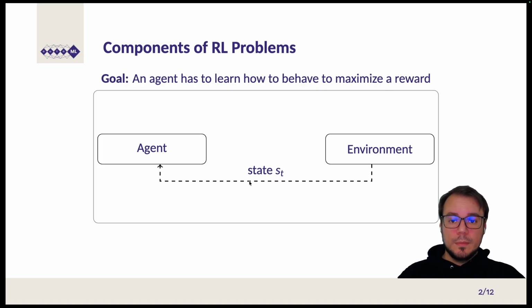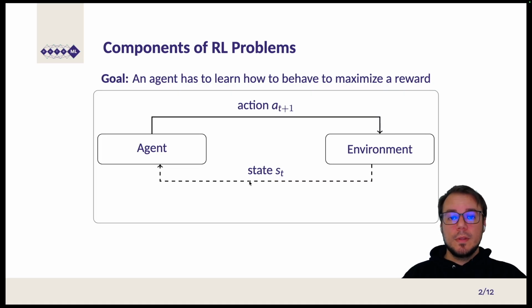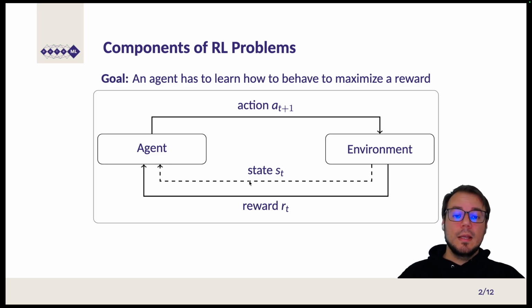So to this end, we have an agent and an environment, and the agent can observe the state of the environment. Based on this observation, the agent reacts with an action which induces some change in the environment, and with this change, the environment produces a new state and emits a reward signal. Now, this is all that we need to learn how to maximize a reward and reinforce good behavior